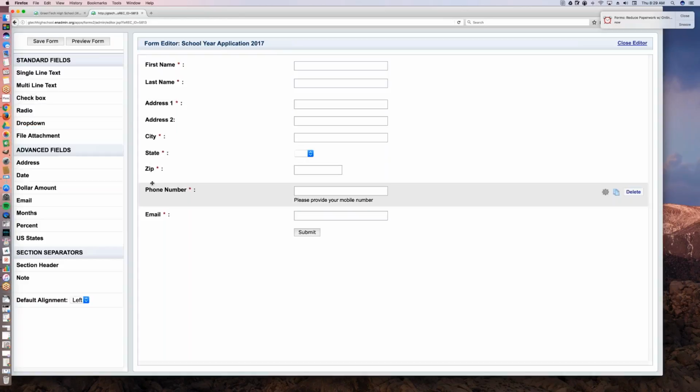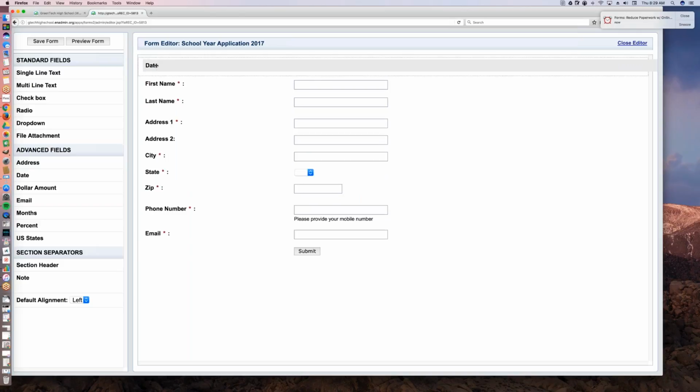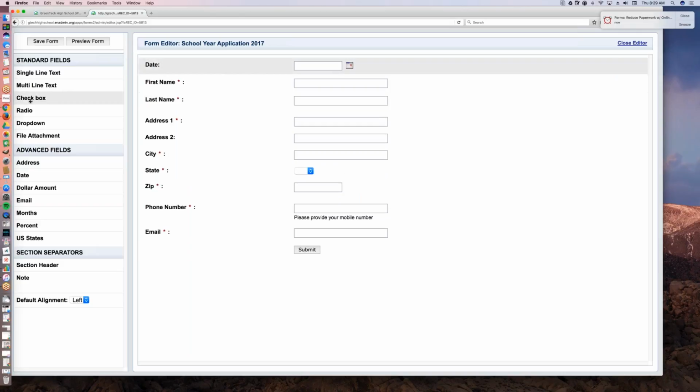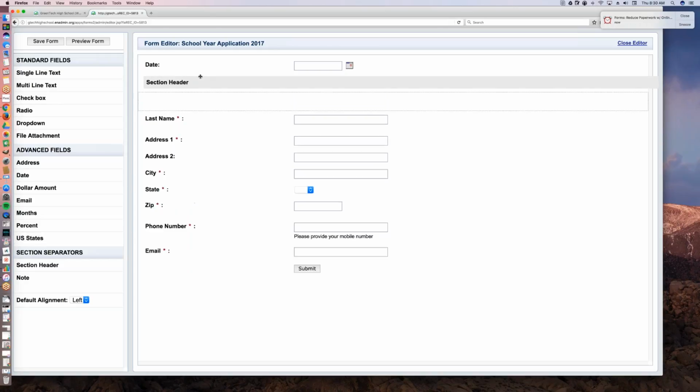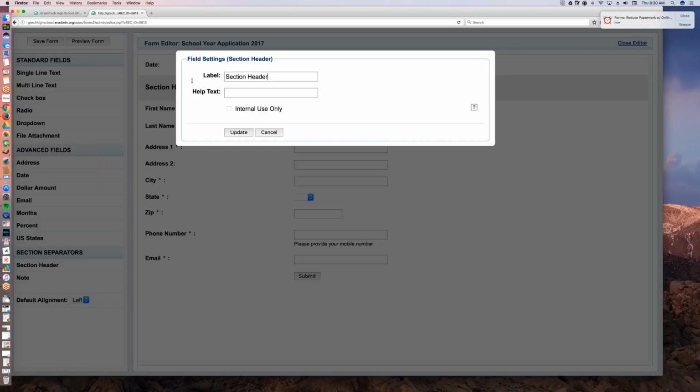Okay, and what we want to do is probably have today's date. So I'm going to take the today's date. I'm actually going to drag it to the top here, like that. So it's there. And I probably want to have a section header so that there's a nice break in variation. So we could put over here, instead of saying section header, we could say